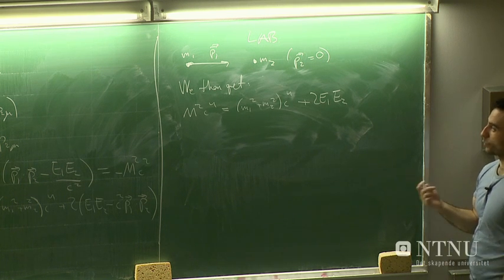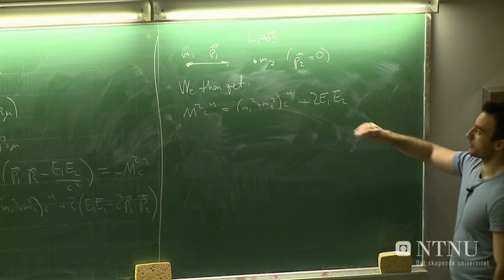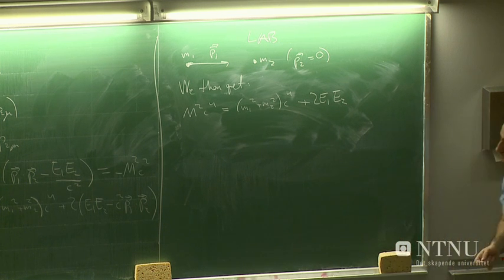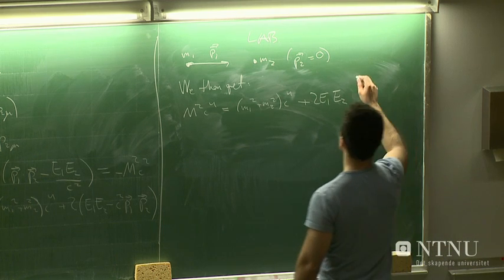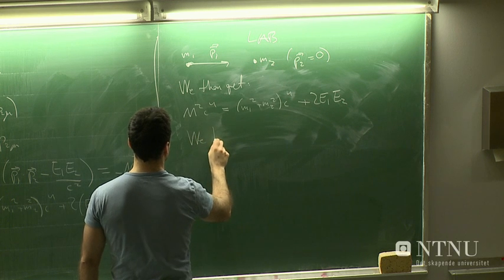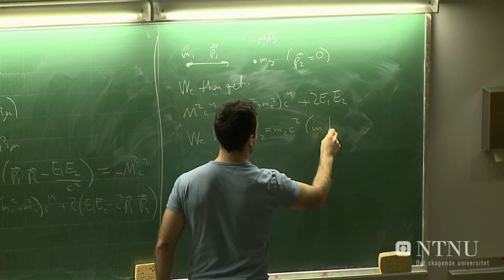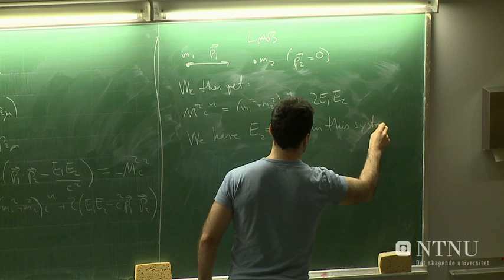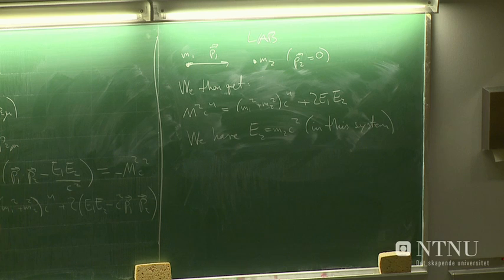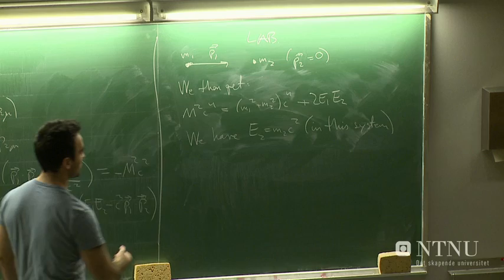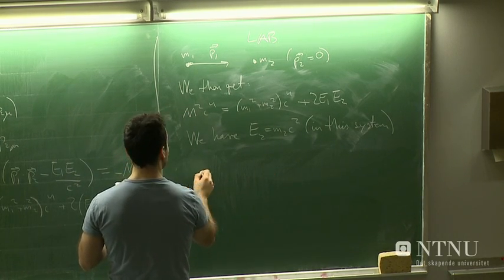We can make even one more statement, because if we know that the momentum of particle 2 is equal to 0, then we immediately know what its energy is. So what is the energy of particle 2 in this inertial system? M2c². Yes. So it only has a rest energy. So inserting that into here, we get